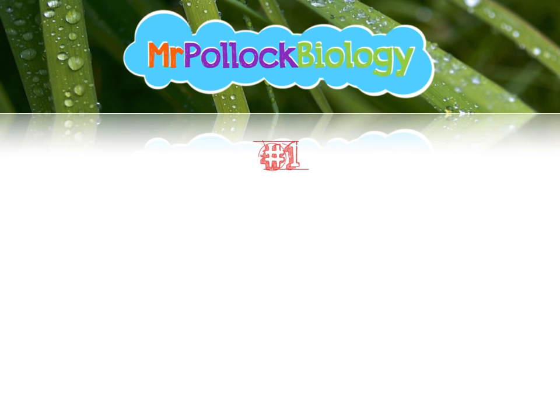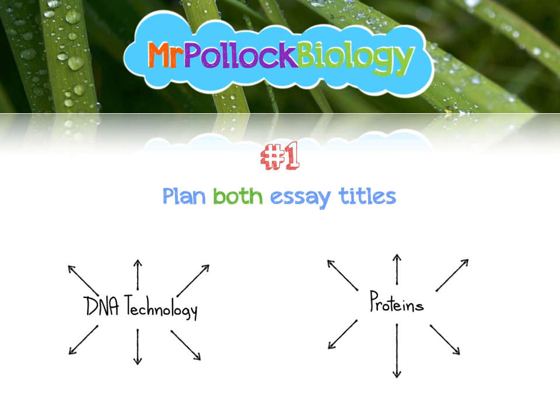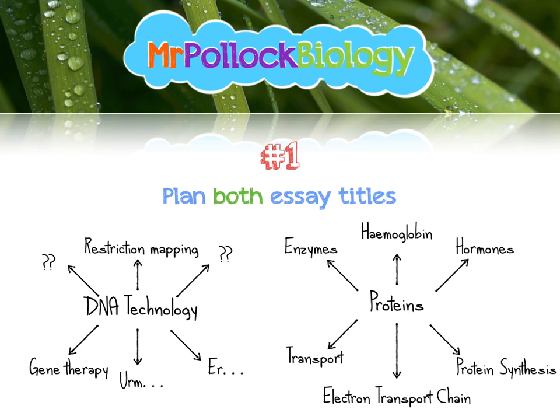Number 1, you're going to be given 2 essay titles to choose from and you should plan both of them. There's a couple of reasons for this. The first being that you might think that you feel really confident about a topic that you've studied recently. But when you come to plan it, you realise you only know 1 or 2 areas in sufficient detail to write a good essay about, leaving a lot of umming and ahhing at the end of the exam. A broader essay title like this proteins one allows you opportunity to pull lots of little topics together and show you've got a wide variety of understanding of the topic.